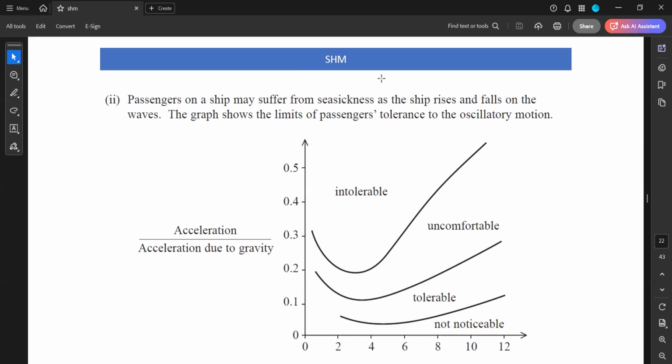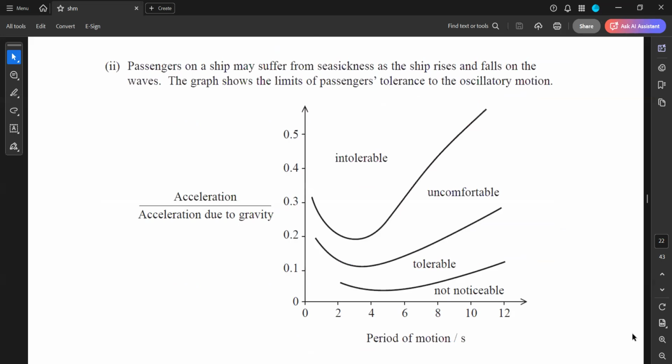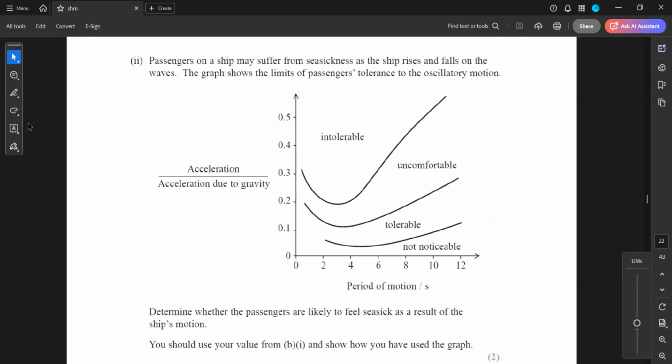Negative sign only indicates the direction. If you don't write a negative, that's also fine. The magnitude is usually what gets the mark. So next is: determine whether the passengers are likely to feel seasickness as a result of